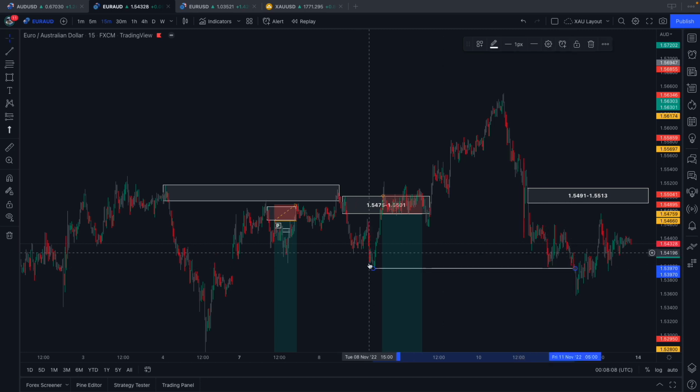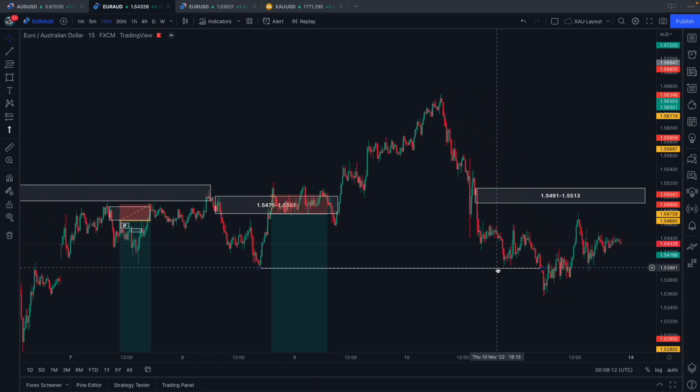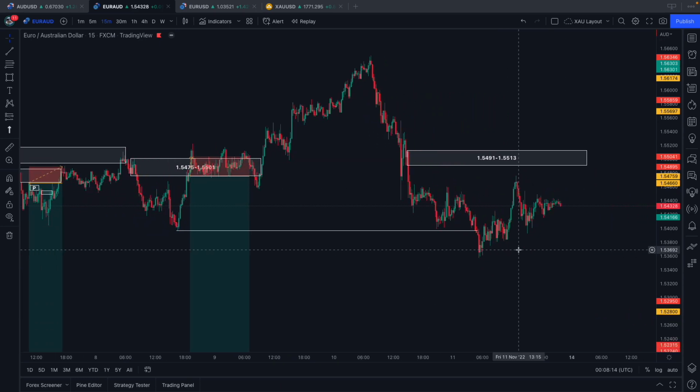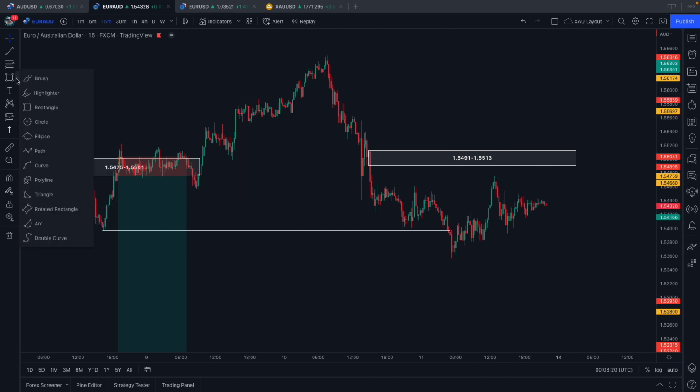That was a protected structural low. Price has broken beneath that. That tells me that price is now ready to put in that bearish leg. So again, what we would do is we'd look for price to trail back into a zone where we can look to get a refined entry.